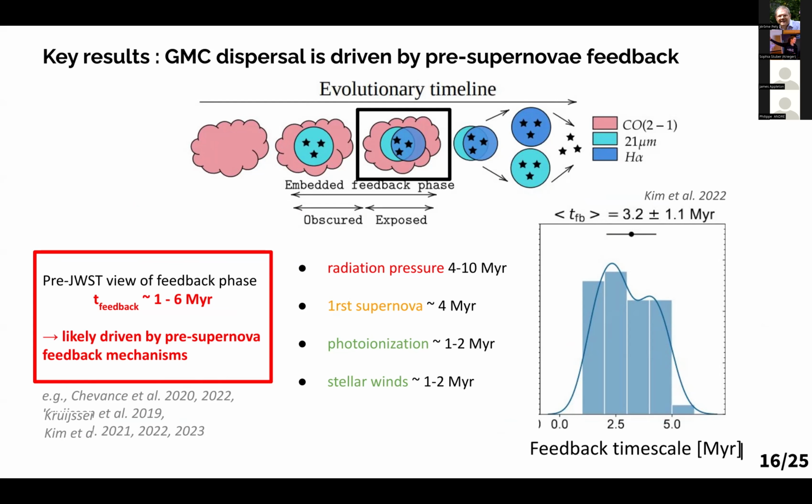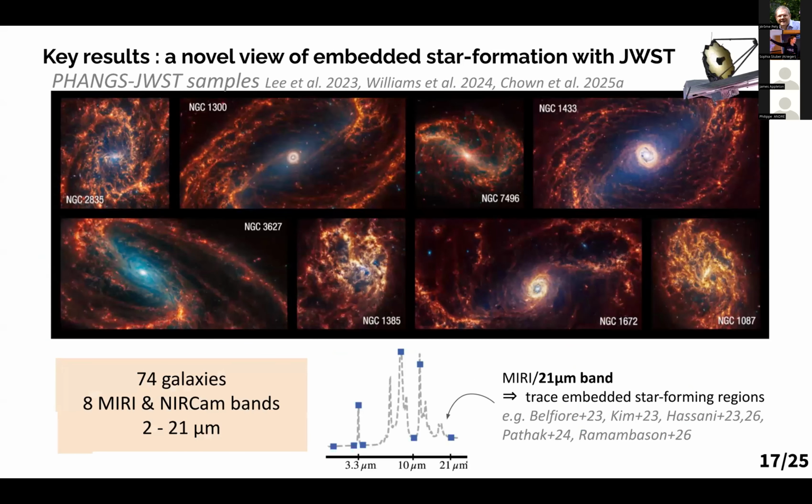So this was a very interesting result, but one phase that was missing at the time is the embedded phase of star formation, on which I spent a large part of my work. And specifically, taking advantage of the fact that since recently there's been this amazing addition to the PHANGS sample, which is the mid-infrared view covering 74 galaxies in 8 photometric bands. And the 21 micron band has been shown to be an excellent tracer of the embedded star formation, where you cannot detect the star formation in the optical, but it can be traced in the mid-infrared.